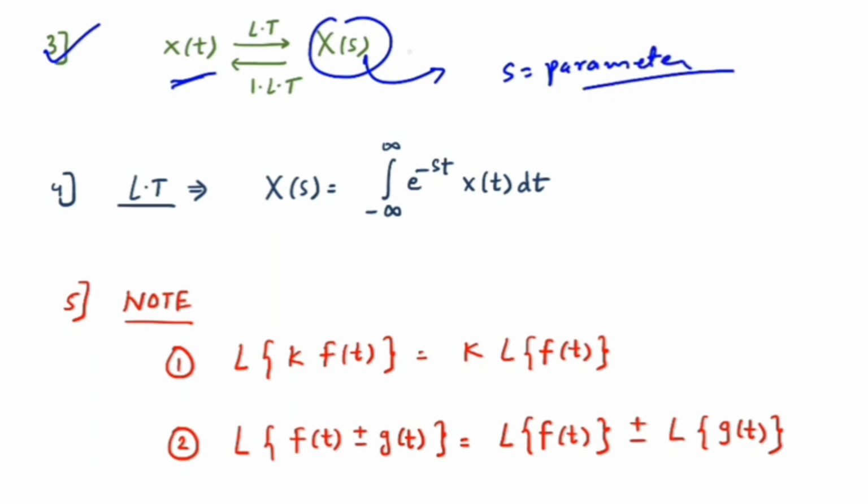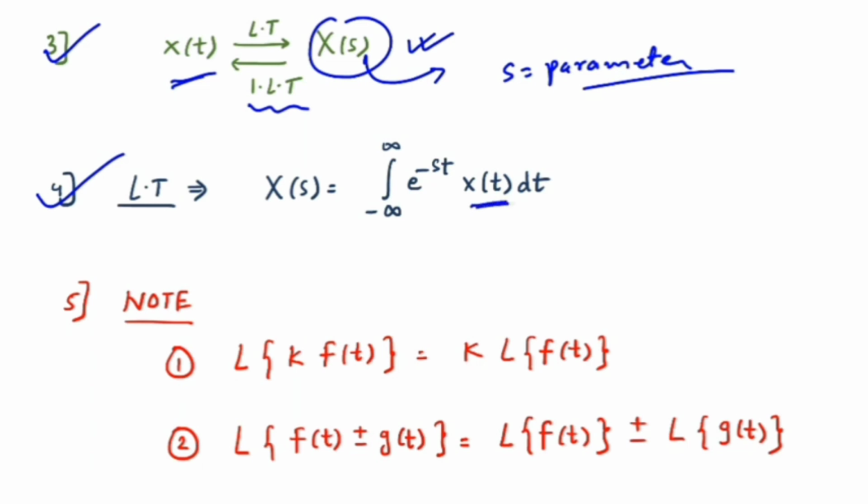But what if I have the Laplace domain signal and I need a time domain signal? Then you should go for the inverse Laplace transform. So these are the important points: the Laplace transform and the inverse Laplace transform. This will help you to shift from one domain to another, like time domain to Laplace or Laplace to time. Now moving forward, how can we apply the Laplace transform?